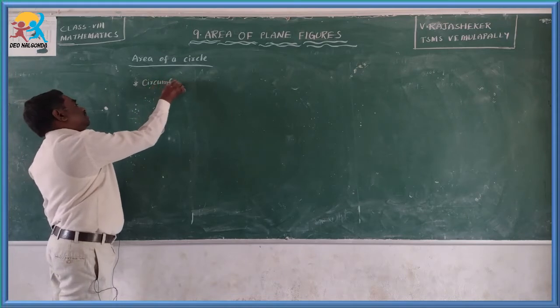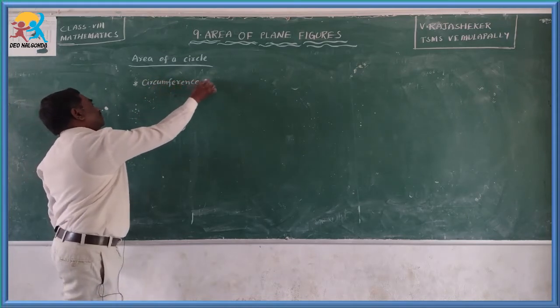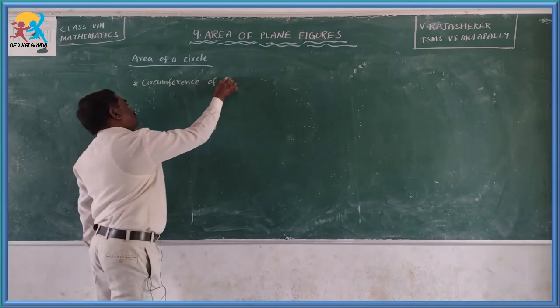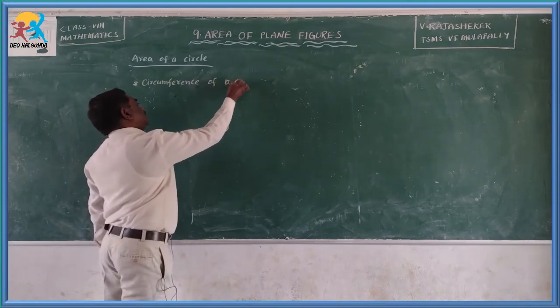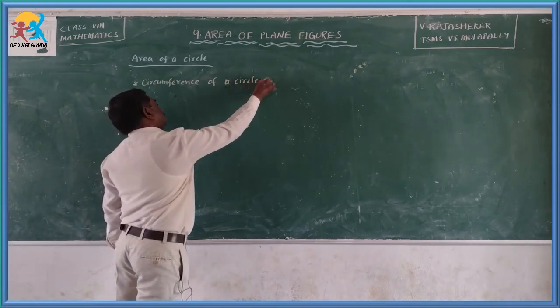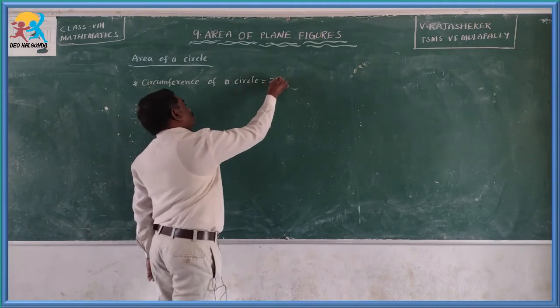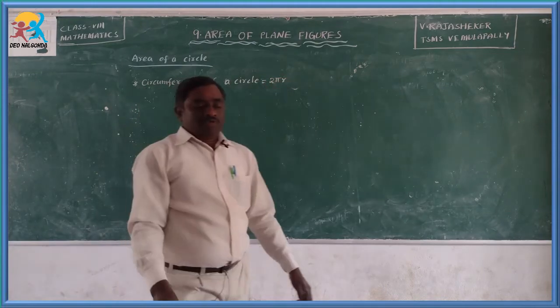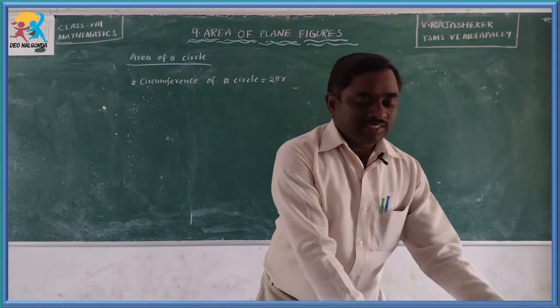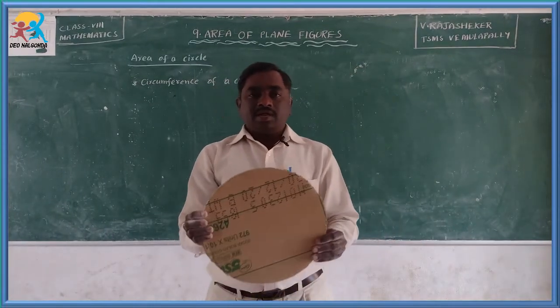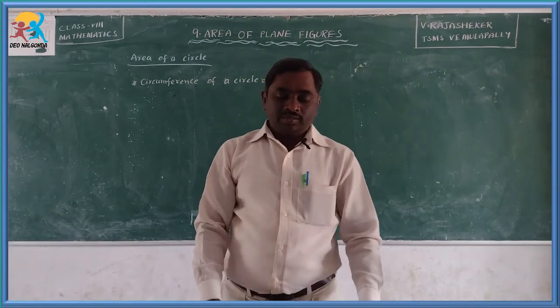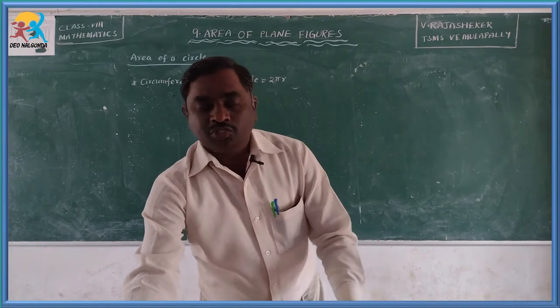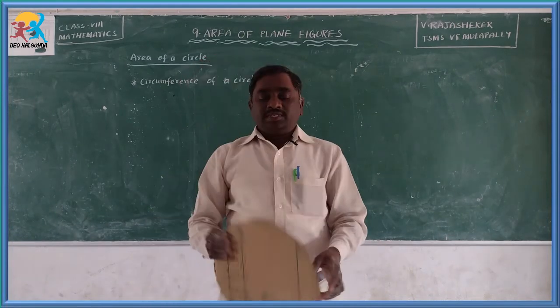Circumference of a circle is equal to 2 pi r. Now children, let us take a circle and divide it into two parts. This is the circle,